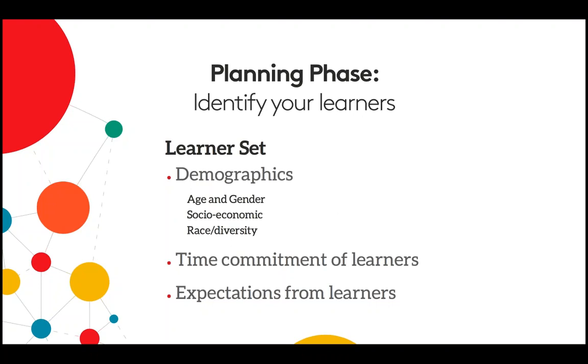So demographics of learners: age, gender, socioeconomic background, race and diversity. And the reason we want to identify this is to make sure that we're able to connect with all these different types of learners. If you have a learner coming in that is 20 and a learner coming in that's 60, they're going to identify differently with certain subject matter, certain things you're teaching, or even the ways that you're approaching it. So understanding what are my variables with that, what might this span be,